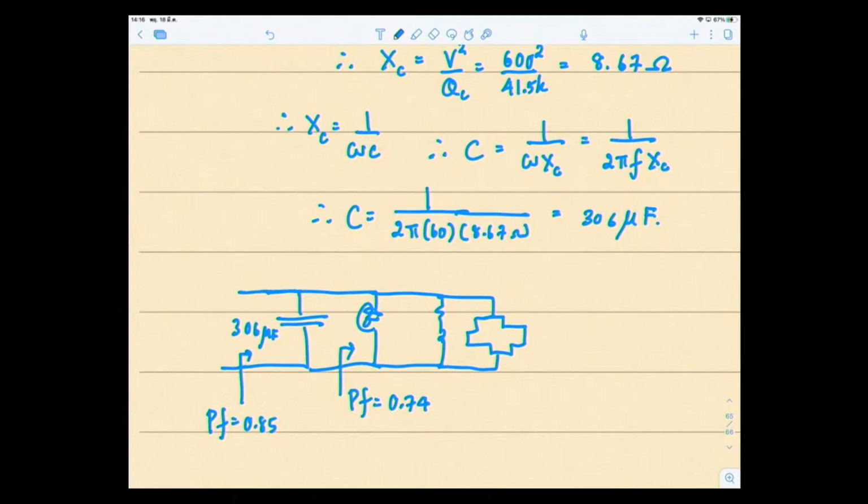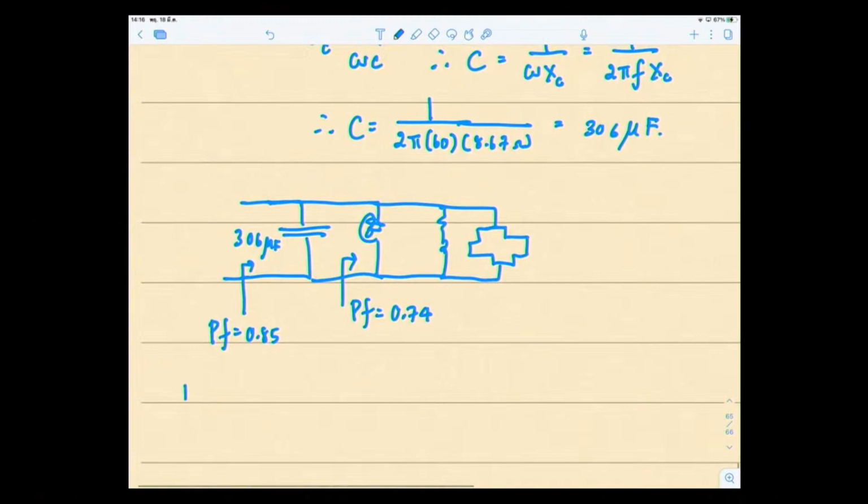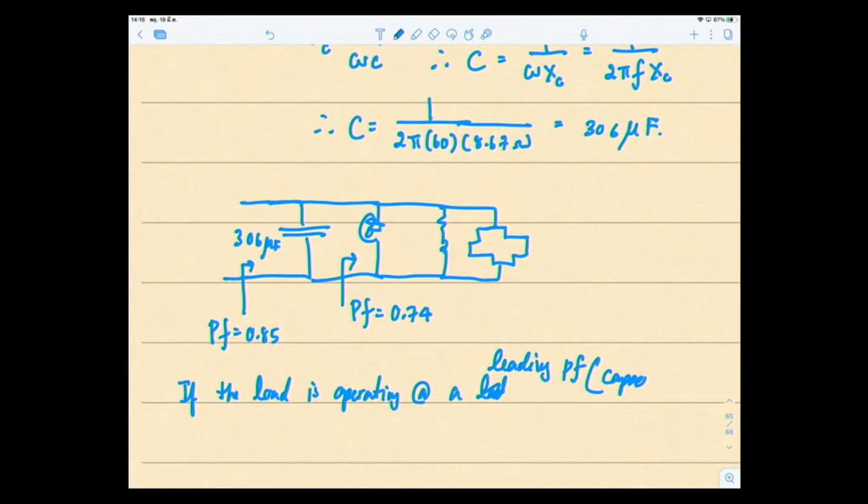Most of the loads in the factory normally turn out to be inductive loads. So you insert a capacitor in parallel to those loads. But sometimes, if the load is operating at a leading PF, pretty much like a capacitive load,